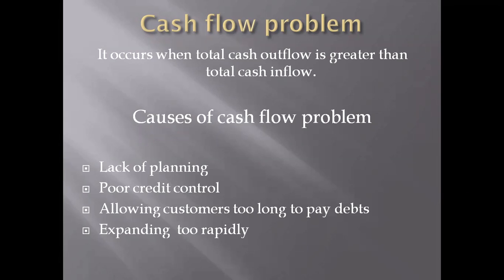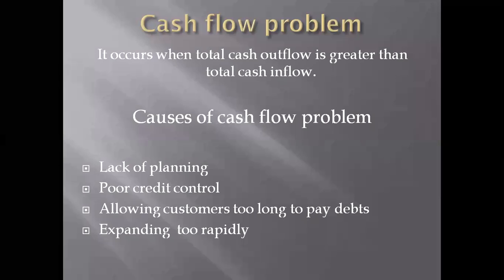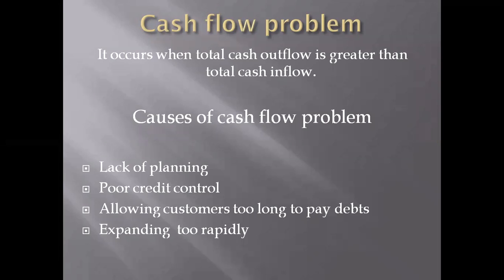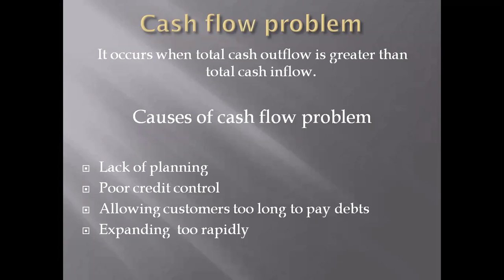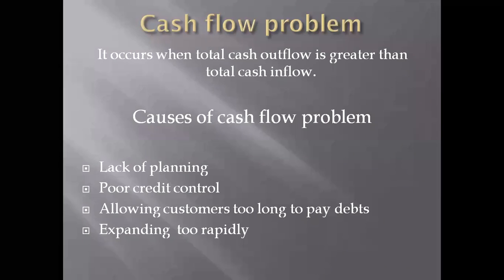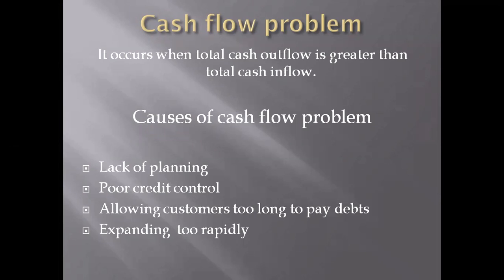Now, if you open another shop, another outlet in some other area, you know that cash outflow will further increase, because to set up an outlet at the start, a lot of cash outflow occurs. Either you hire workers, or you buy products and put them on your shelves. So it means you are not having enough cash flow from your first outlet and you actually started the next shop. That is wrong